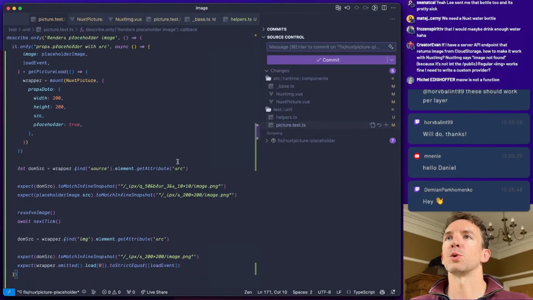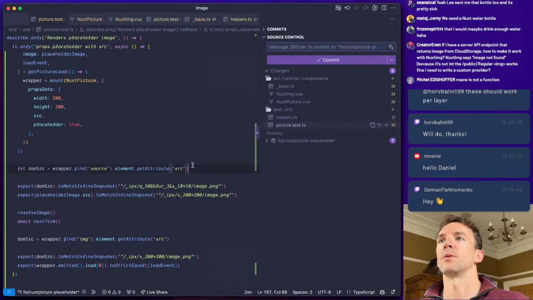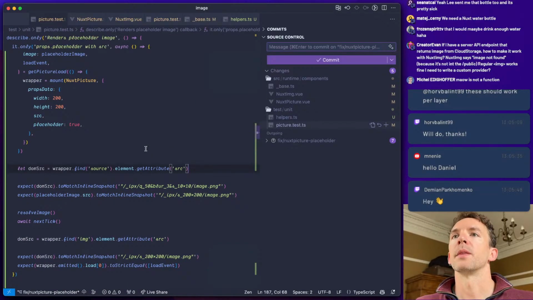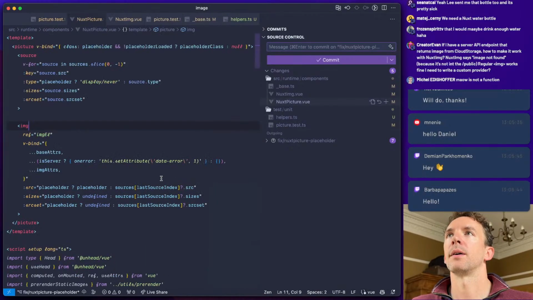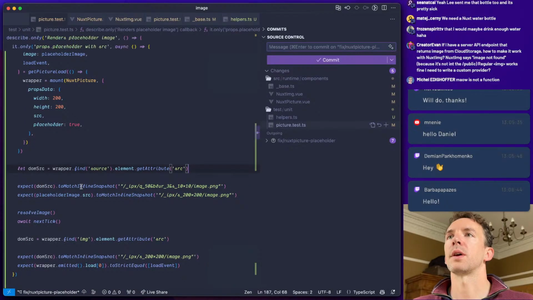And the last source, so yeah, the last source should, okay. So we're basically expecting the source to have, I think we do the type, right? Type, and we expect